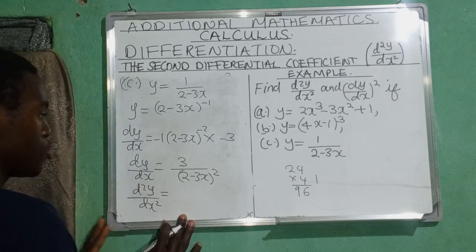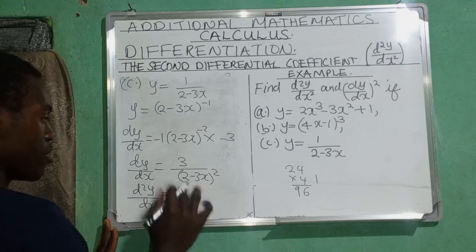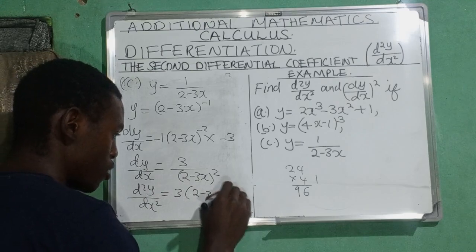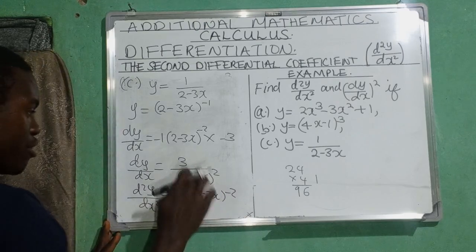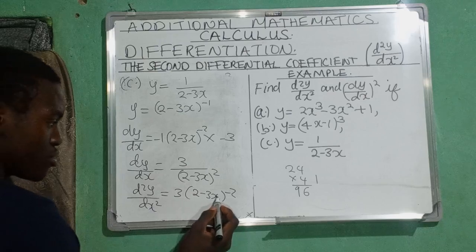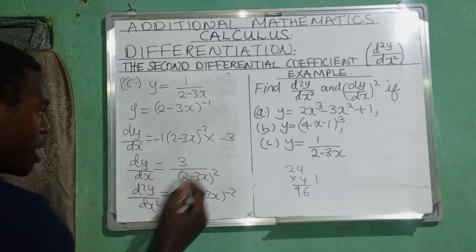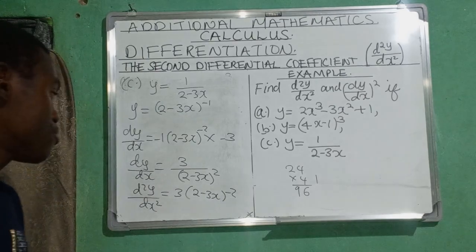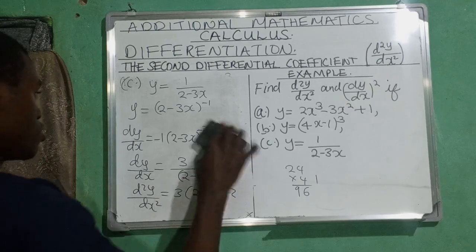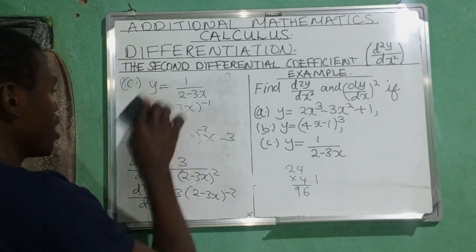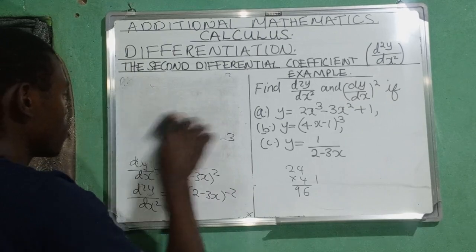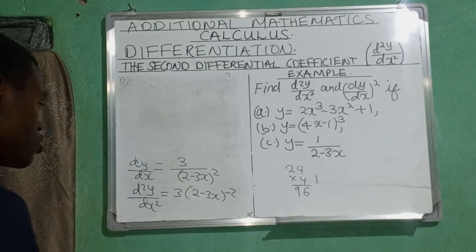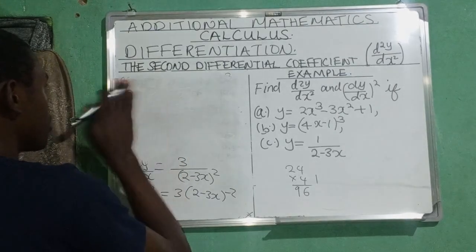First of all, before we do anything, let's write this in a different form: 3 multiplied by (2 minus 3x) raised to the power negative 2. This is the same as that, I've just taken the denominator up there so that we can differentiate it in its linear form. You can just clean up everything right here. Then to proceed, your d2y/dx2